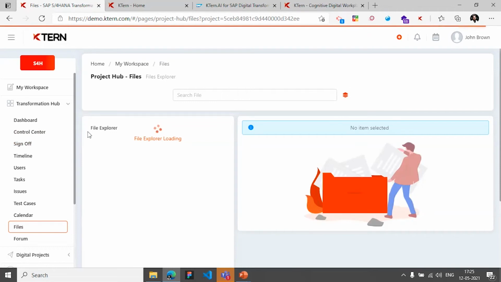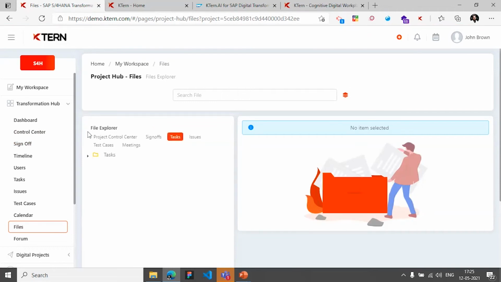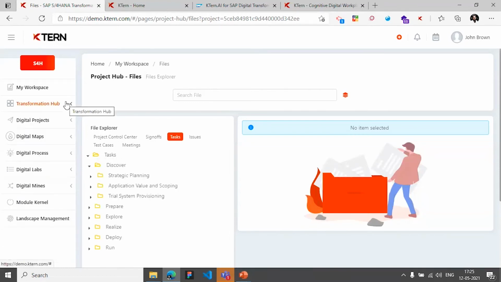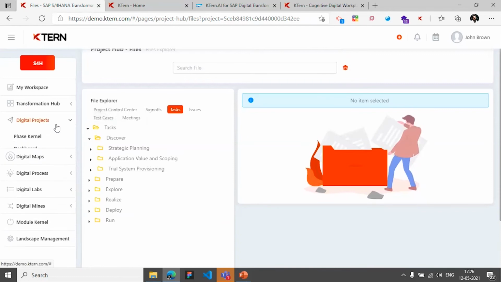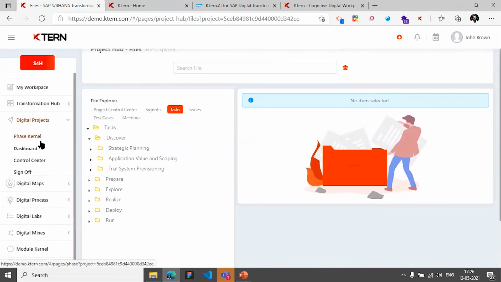And with all of those being dispersed and spread out remotely across different global locations, with each of the tasks, it is made easy for the customer as well as the project manager to maintain all of the files in one single place. And that's a small gist about what digital projects is all about. And then we've got the phase kernel,